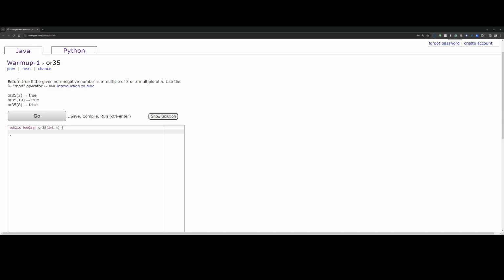For this problem, it asks us to return true if the given non-negative number is a multiple of 3 or a multiple of 5. So we could use modulus to determine if the number they provide, integer n, is a multiple of 3 or a multiple of 5. We can use an if statement for this. We could say, if